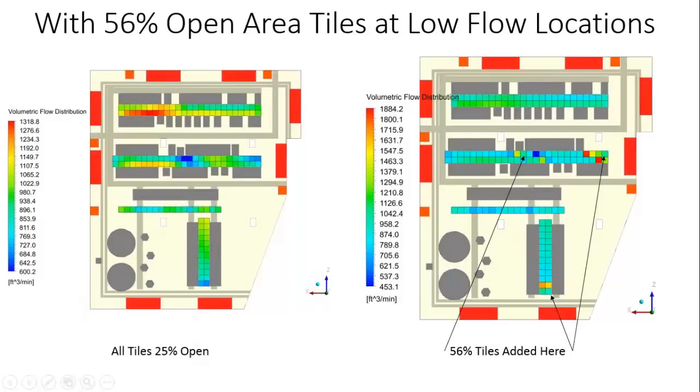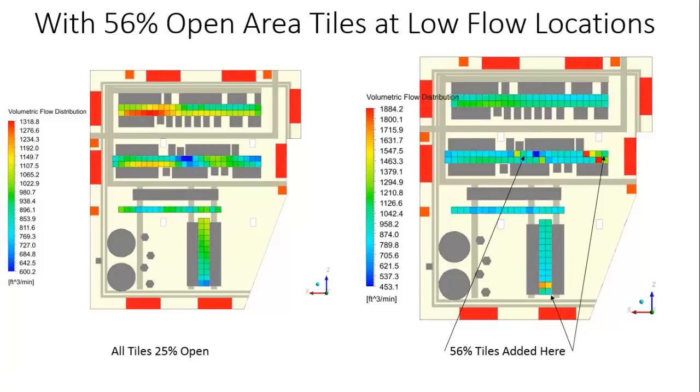That's right. One of the interesting things is here, if you look at this tile, the fourth tile in on the original design was operating in the range of roughly 900 CFM. Now the fourth tile in is operating near 1800. That's not where we put the 56%, we put them over here. But by putting 56% open here, the air velocity is primarily tangential. It allows that air to come up, slow down, and actually come out of the fourth tile more strenuously. So I guess the point is,